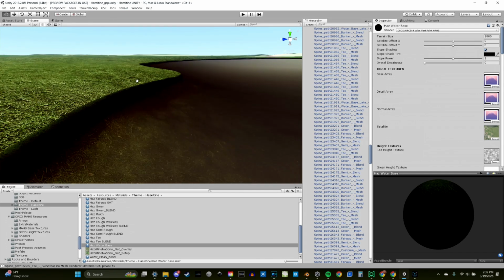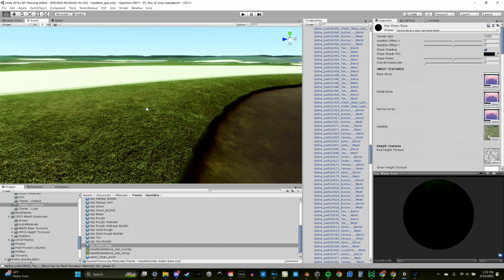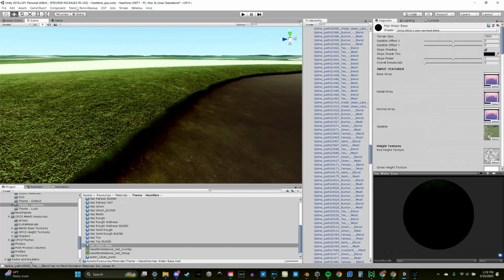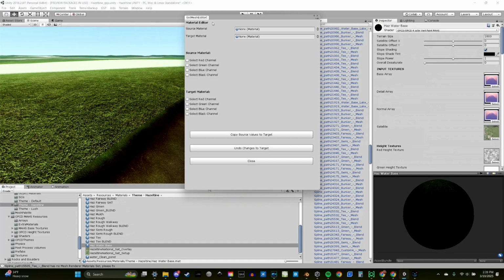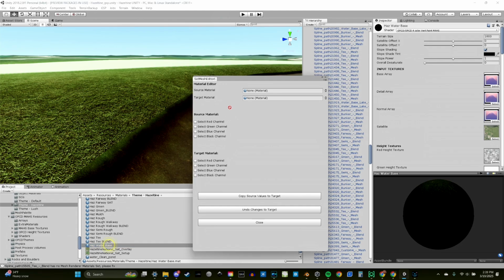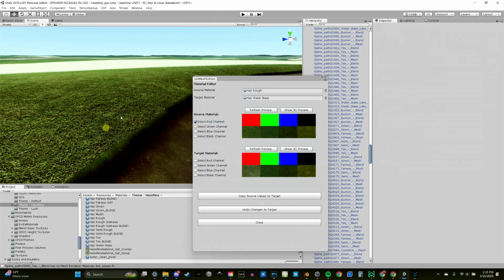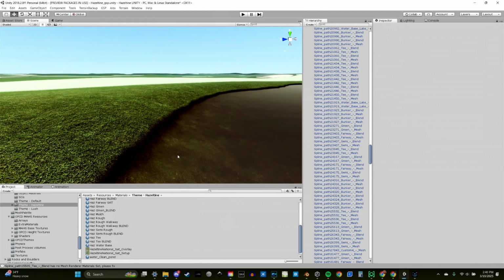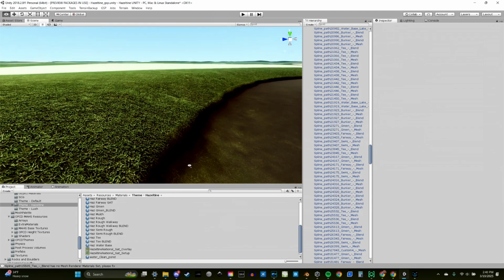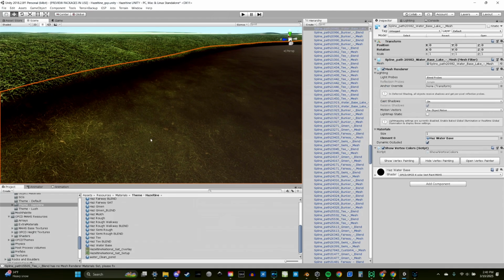Now I need to set up my blends. I said that I was going to use green to match that. So I'm going to use the channel editor, and go to my new water base and my rough. I want to copy the red vertex paint of the rough over to the green, which is what we painted the outside of our water base. All right, and then for the water base itself, for the black color,